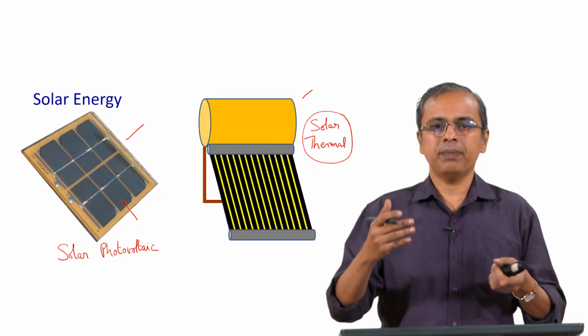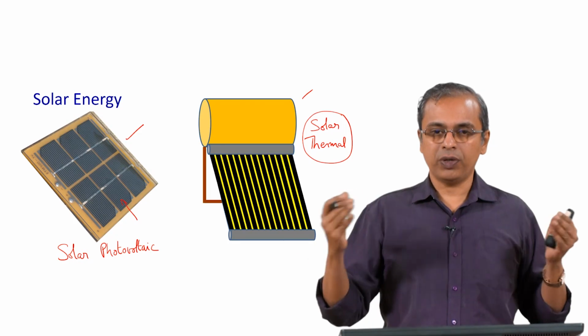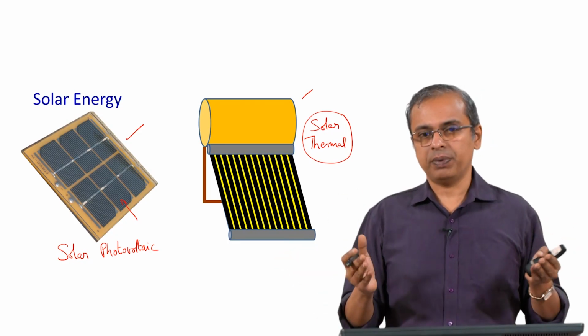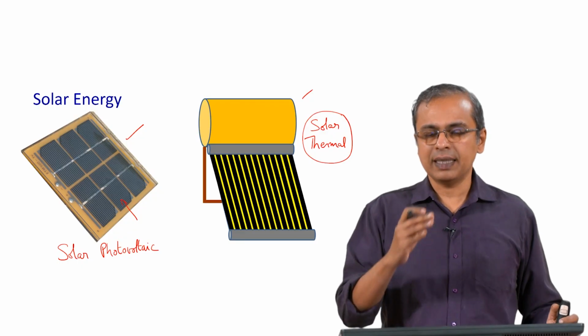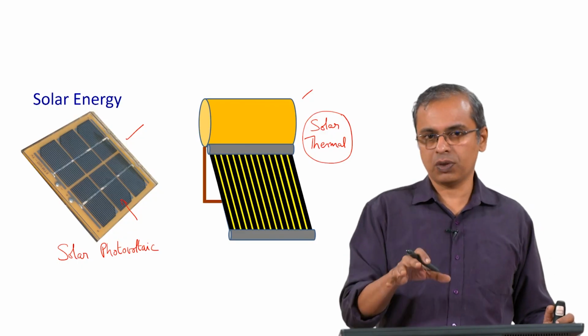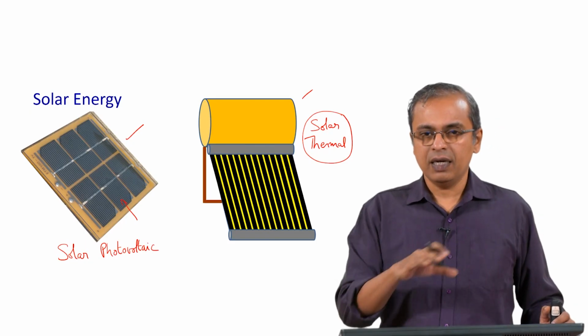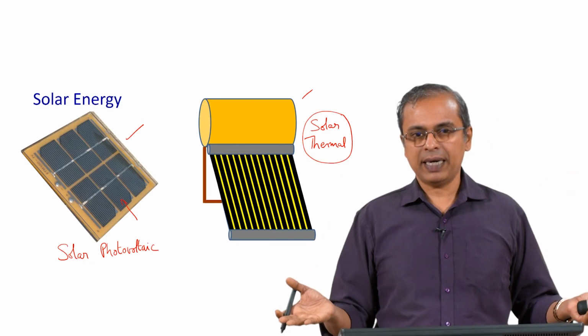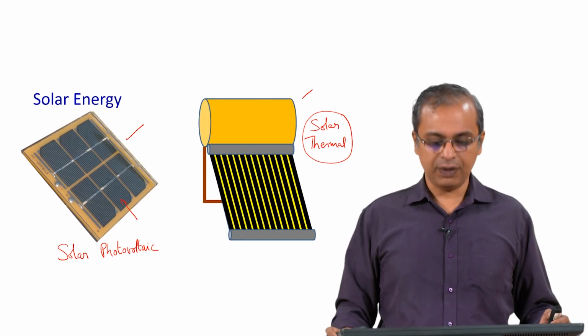If you want to really make an impact at an international level, at a global scale, and you want it to be clean, then this is something you have to keep in mind. Is it clean from cradle to grave? That is the idea you have to keep in mind. So in that context you have to look at these technologies a bit more closely. But that aside, generally speaking, solar energy is very clean. We are really doing nothing, it is already arriving on our planet, we simply are tapping it, that is it. So, that is the other form of energy that we look at.